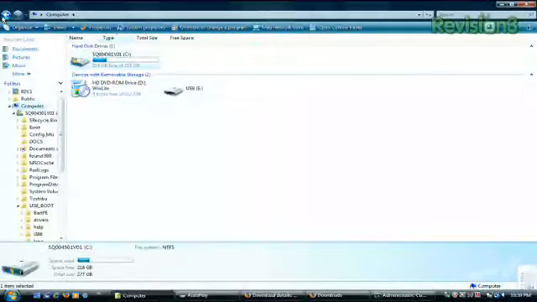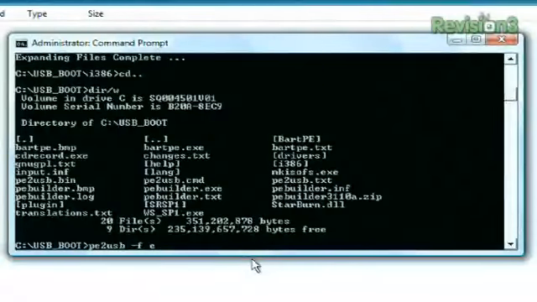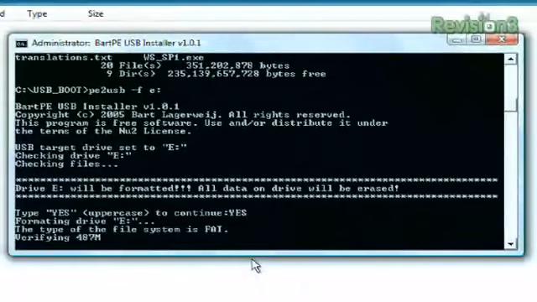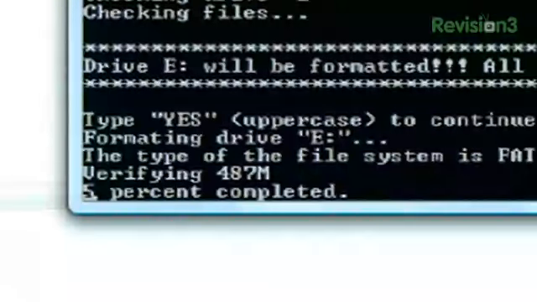So we know it's E drive. So let's go to here and hit E:. All I have to do is hit enter and dun, dun, dun. Give me yes, in uppercase. Yes, you cannot type it lowercase. It's designed specifically so you can't screw it up. So it's going to basically verify all 487 megs, even though it's a 512. Nice. The whole kind of rounding and formatting issue. When it's done, it's going to give me a completely bootable USB stick that I can then boot up a